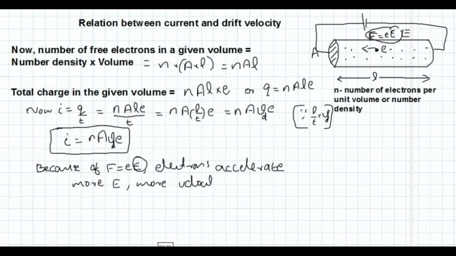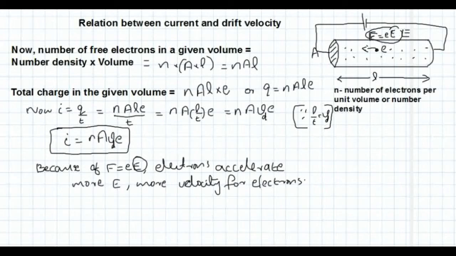That means when there is more electric field applied, or when there is more potential between the ends of the conductor, there will be more acceleration, right? So F is equal to eE is the force acting. So if there is more electric field, there is more force, therefore there will be more acceleration. That means there is more velocity. So the more the strength of the electric field, the more is the velocity of the electrons present in the conductor.